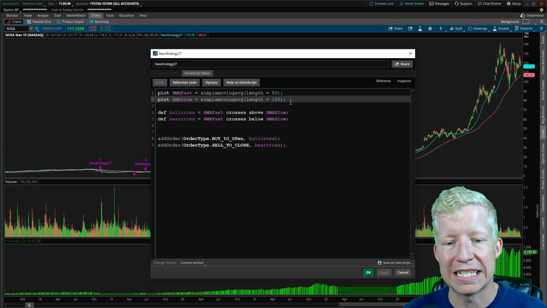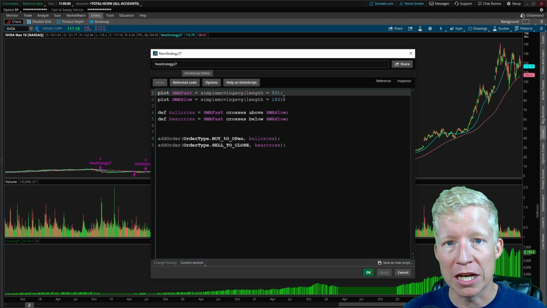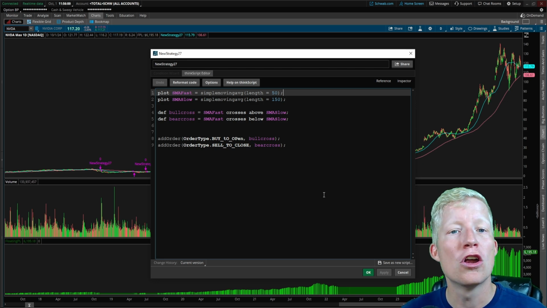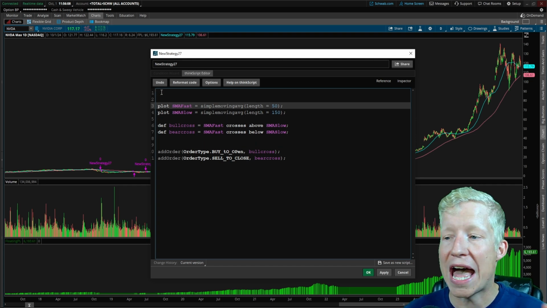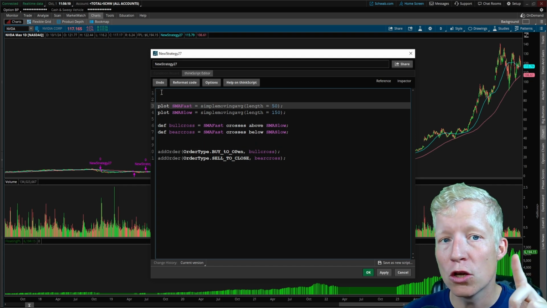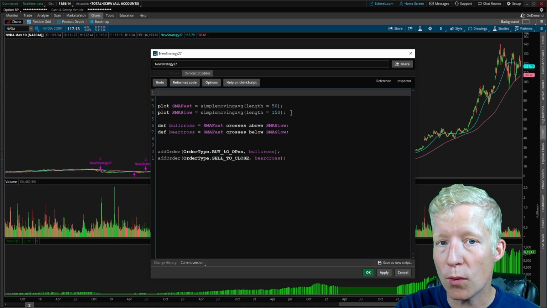Of course, in this instance, we're only using each value once, so it's not that big of a deal, but if you start writing much more complex code and you need to call these variables multiple times in multiple different calculations, it becomes a lot easier for readability and maintainability if the values are defined at the top of the code instead. So let's go ahead and do that, and especially within ThinkorSwim this is very powerful because ThinkorSwim has